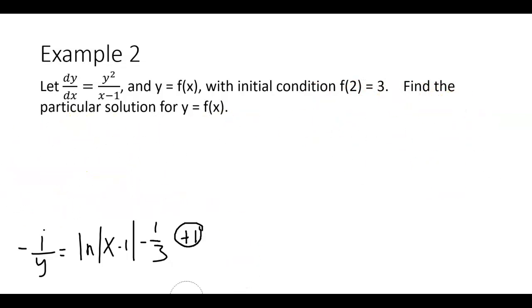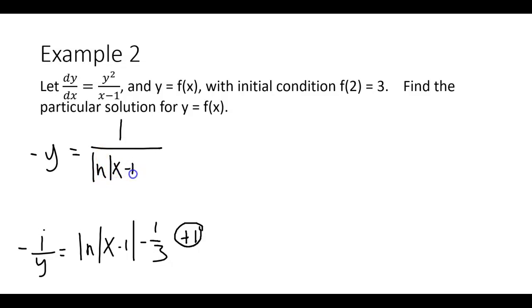But let's go ahead and do our last step here. The last step is to get the y by itself. How do you do that? Well, I don't like how this y is upside down, so the first thing I'm going to do is flip it over so it's y over 1, which means it's just y, but the negative's still in the front. But if you're going to flip the left side over, then you also need to flip the right side over, so that would look like this.